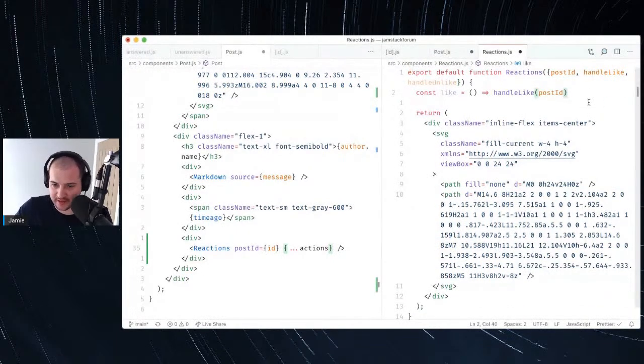I'm not sure about the unlike, because it was the ID of the like that we needed to remove, right? It was delete likes by primary key, so passing the post ID doesn't really do anything. Let's get at liking first. Handle like here,